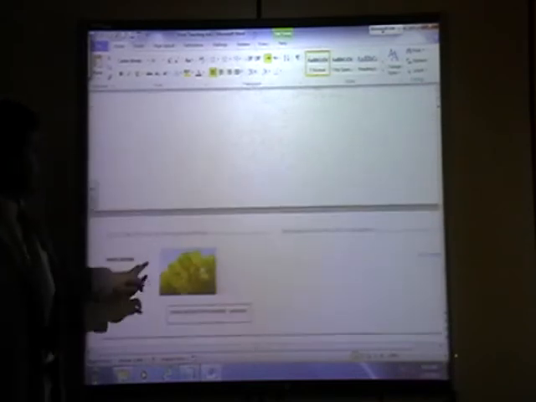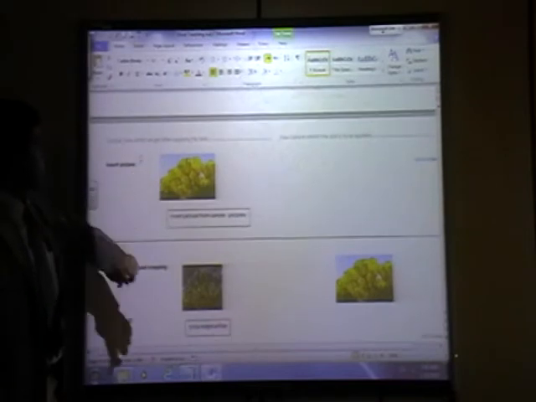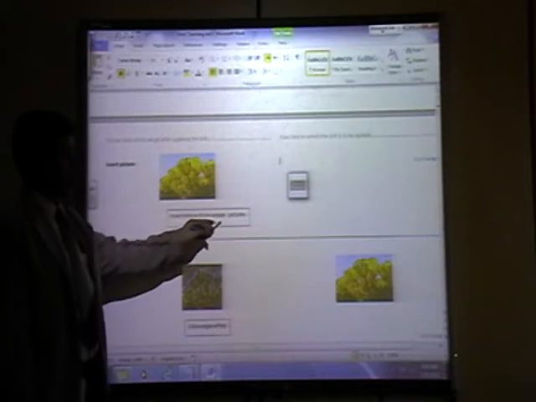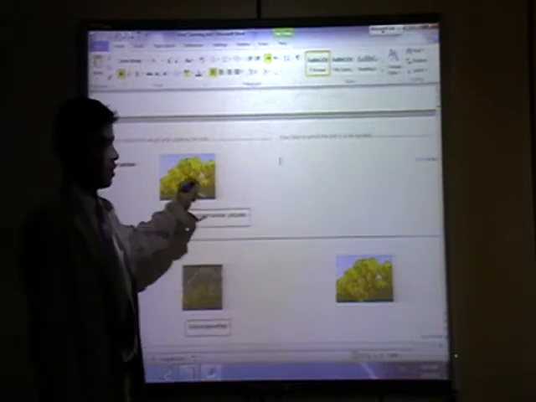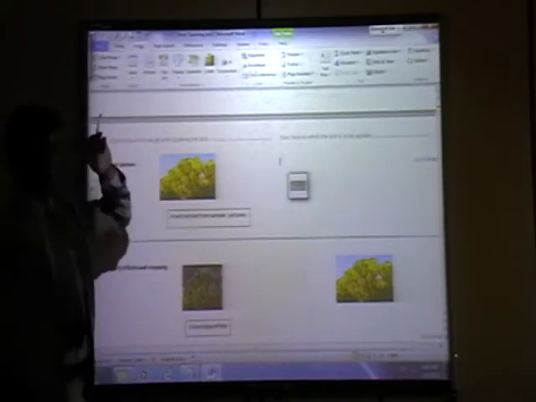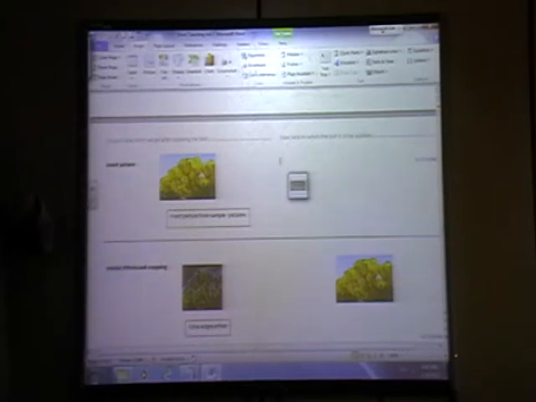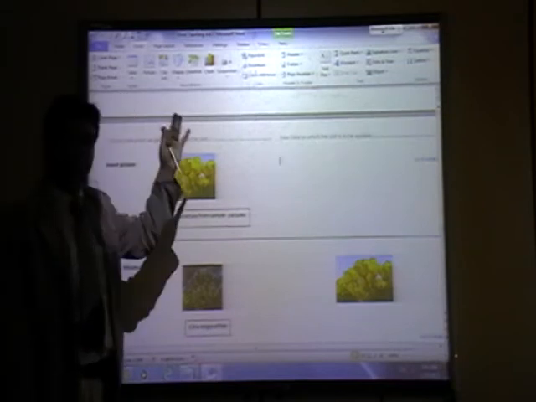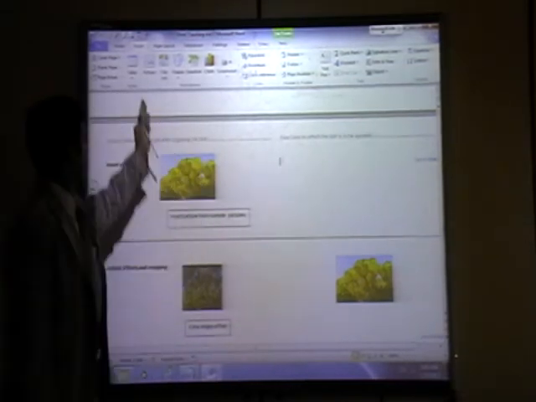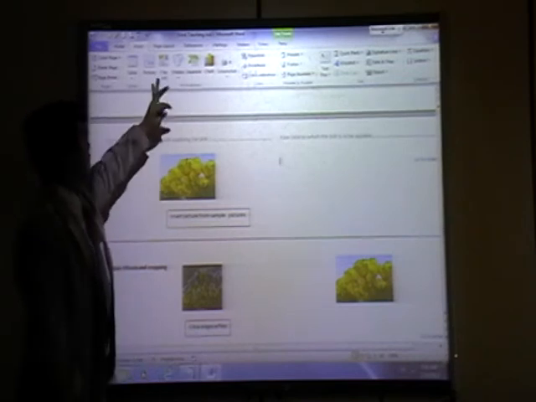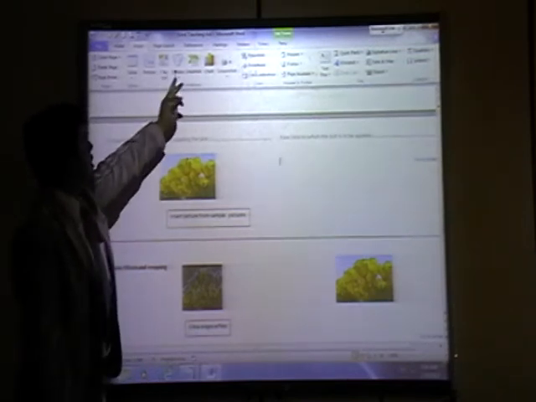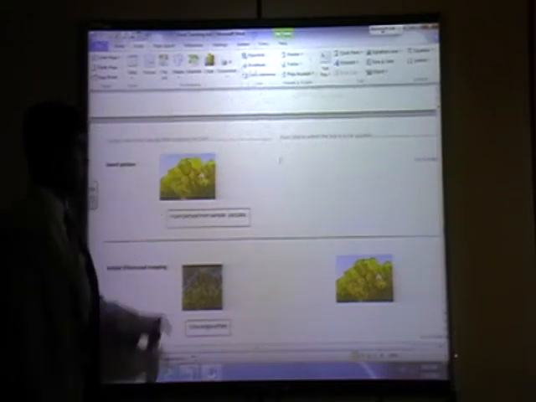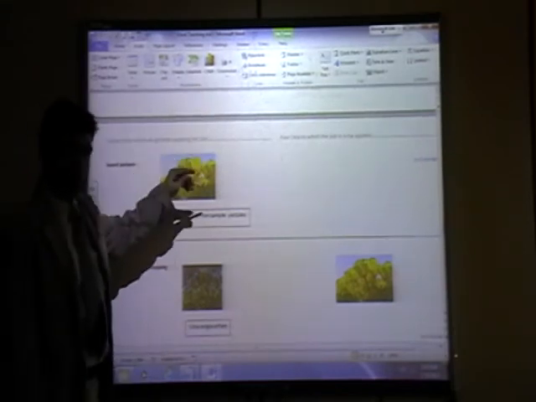Next question is given here. Insert picture from sample picture. We need to insert a picture. So till now what we learned? We have learned about table, row, column, insert, everything is over. Now we will move to this portion. First we will go picture, then clip art, then shape, and smart art, then chart. We will go serial by serial. So here is insert picture.